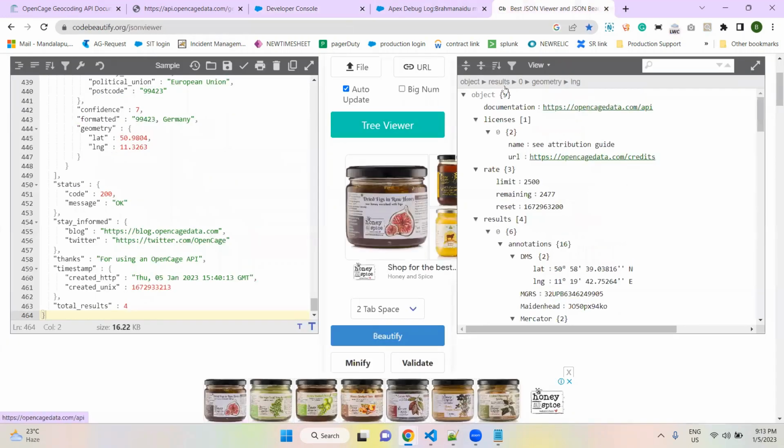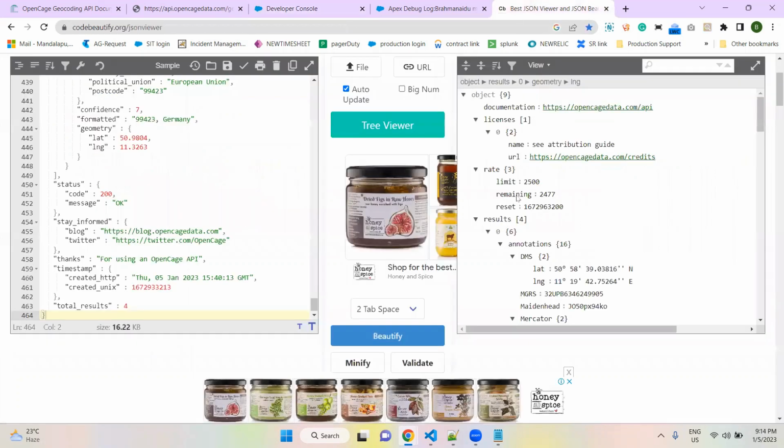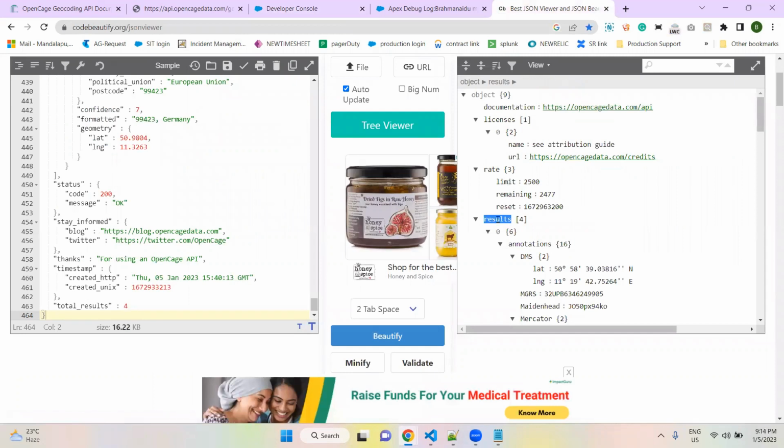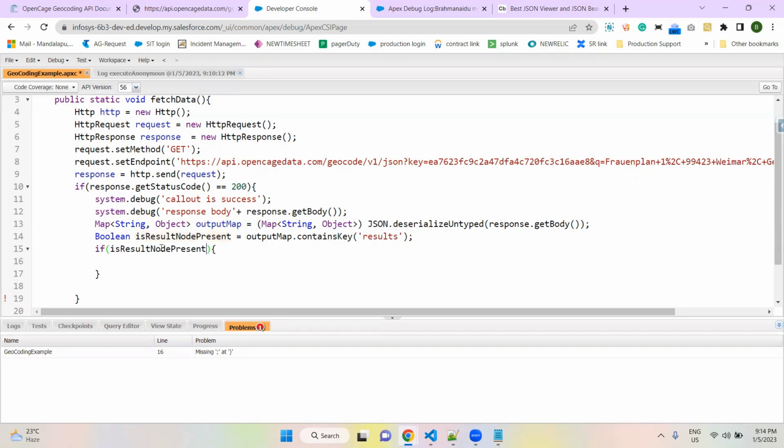Okay. Now I want to check whether it contains results node or not. Okay. How to do that? I'll be just creating a Boolean variable here, is result node present. Okay, so from this output map, I'm going to check whether it contains results node or not. Okay, so this is results. Okay, if result node is present,